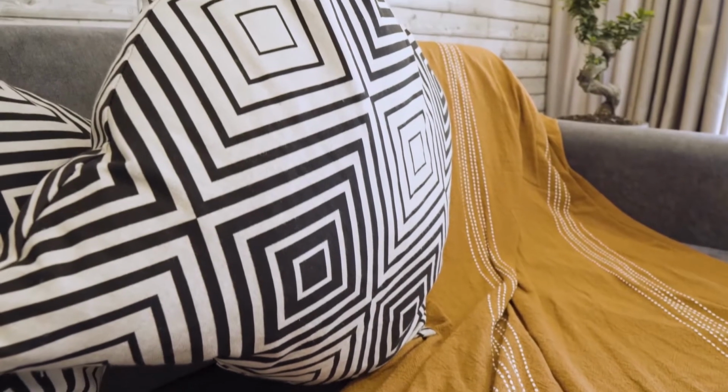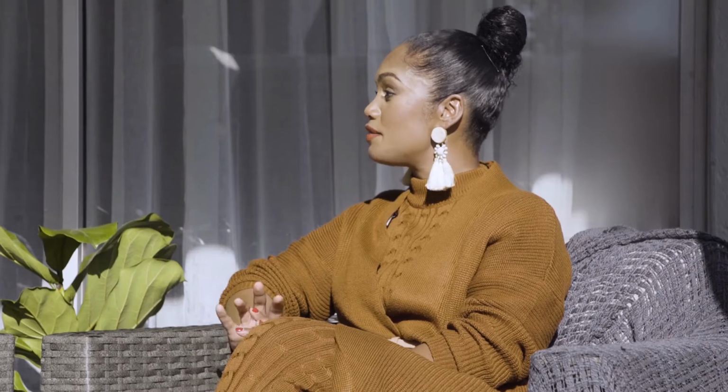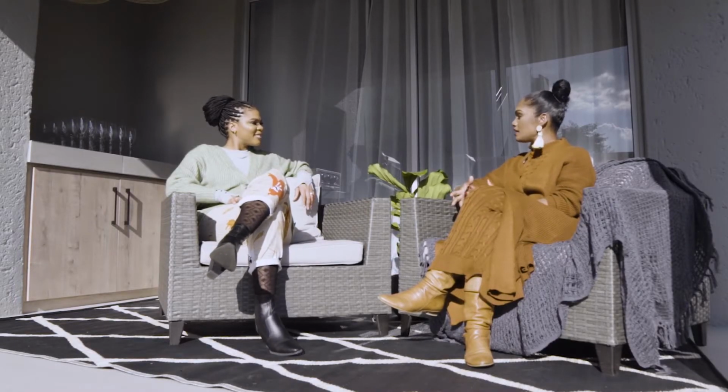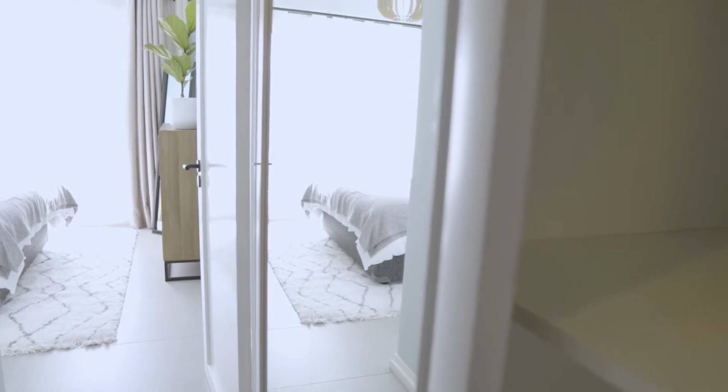Yeah, so what we did was, prior to us doing the renovation, there was crete stone on the wall. And so we smoothed out the walls and we went with the same paint palette throughout the house. Over and above that, we then needed a feature wall, which is what you saw with regards to the wallpaper. And there again, we went for a more wooden natural look. So that could be the feature wall of the home. We then added in the tiles and we went for a more natural cement look, and here again, we placed it throughout the home, except for within the